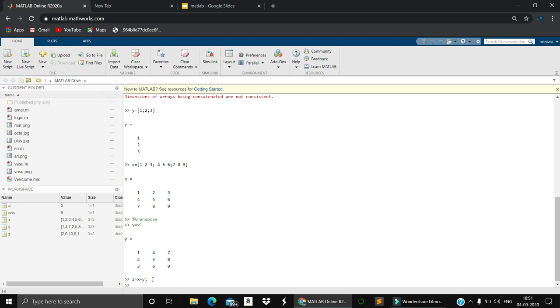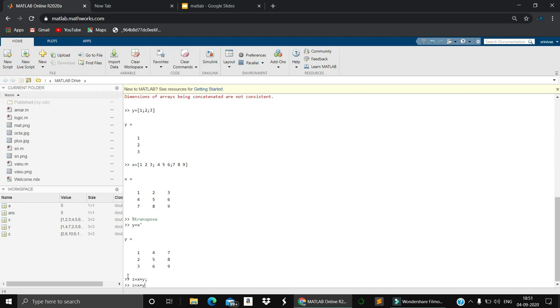While you are writing the code, if you specify a semicolon at the end, it will not print the result in the command prompt, but the variable will be stored in the workspace. If you want to display the output in the command prompt itself, you don't specify the semicolon.